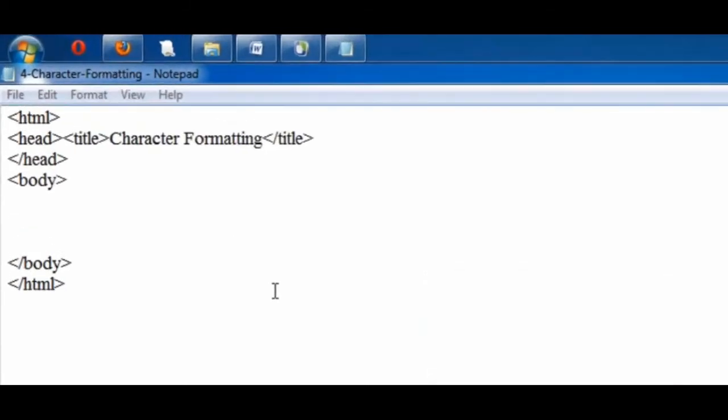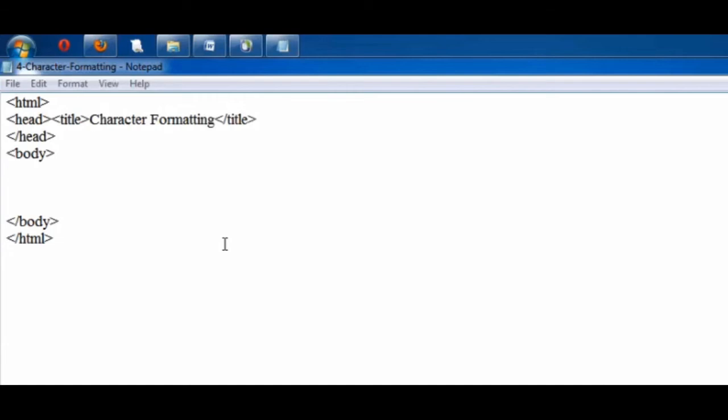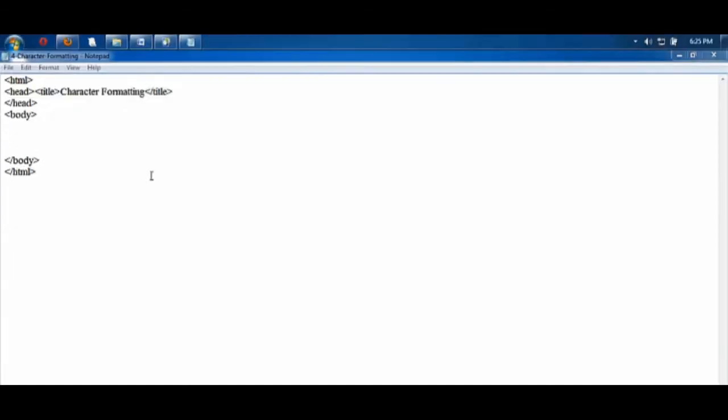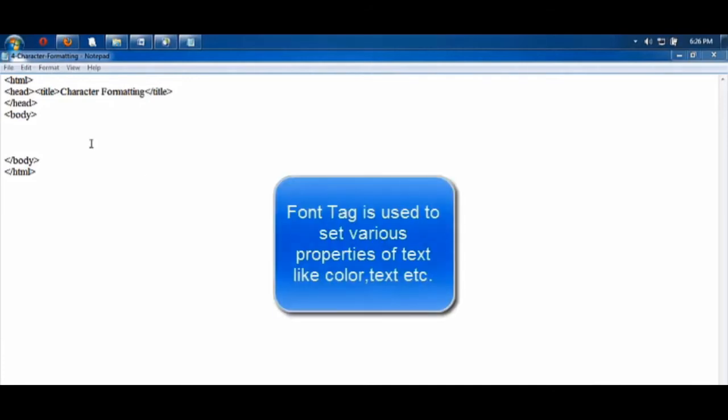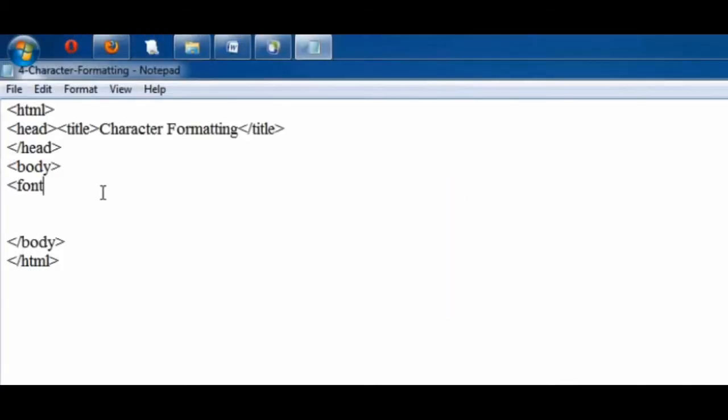Now we will learn character formatting, that is, when you take any text or any sentences, paragraph, what tags are used to enhance the web page, that is called character formatting. So again, be ready with your structure of the HTML whenever you start with the designing of the web page. On notepad I have already written this structure of the HTML. So this was for character formatting.